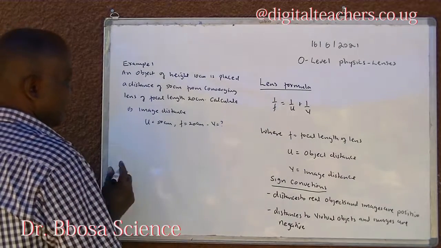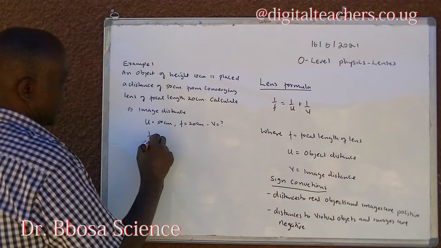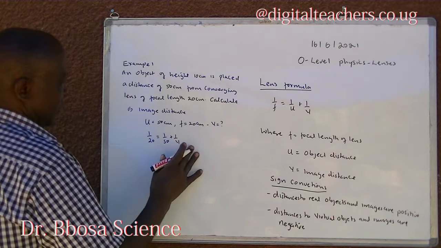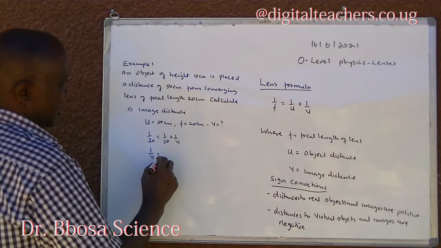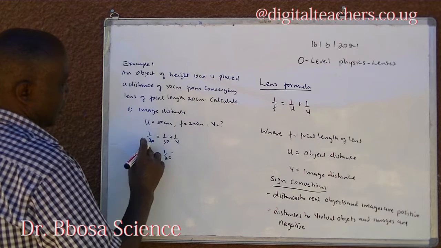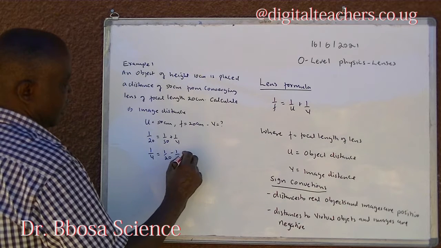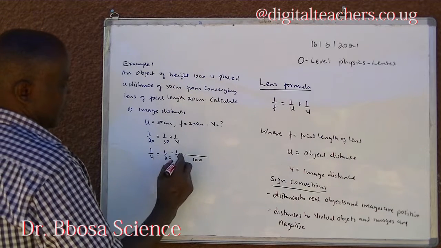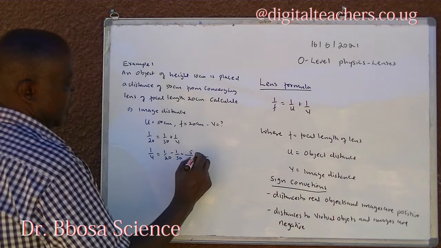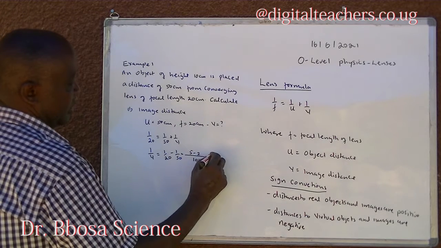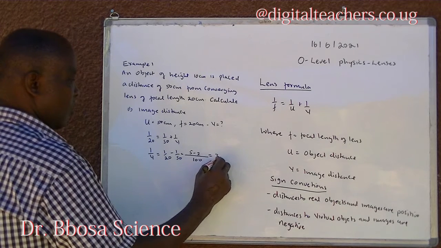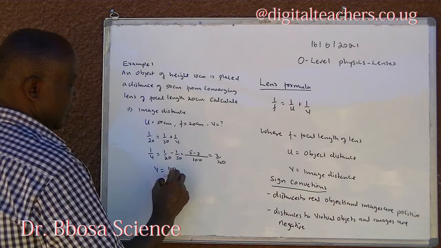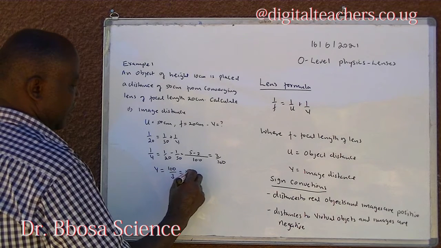Substituting in our lens formula, we have 1 over 20 is equal to 1 over 50 plus 1 over V. Moving this one this way, you can have 1 over V is equal to 1 over 20 minus 1 over 50. The LCM is 100. 100 goes in 20 5 times. 100 goes in 50 2 times. 5 minus 2 is equal to 3 over 100. Therefore, V is equal to 100 over 3, which is the reciprocal, which is 33.3